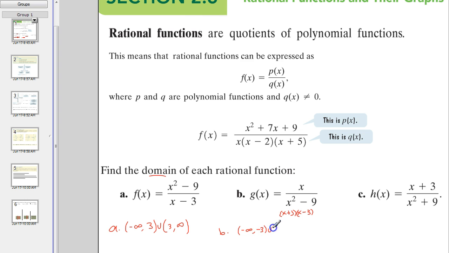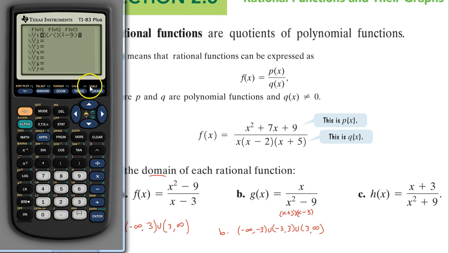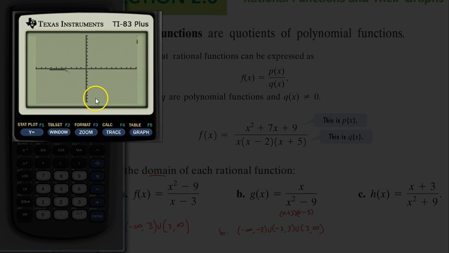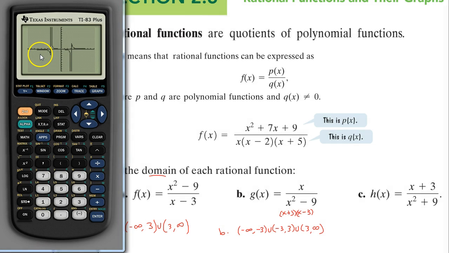Then union lowest to the other restricted value, union the other restricted value to infinity. Okay. Now, when I graph this one, you'll see this crazy looking thing going on here. Alright, what's really important for you to understand with these